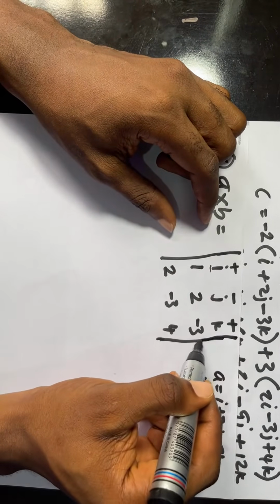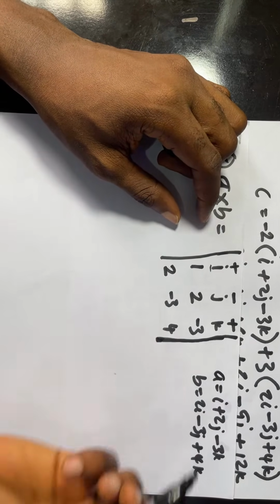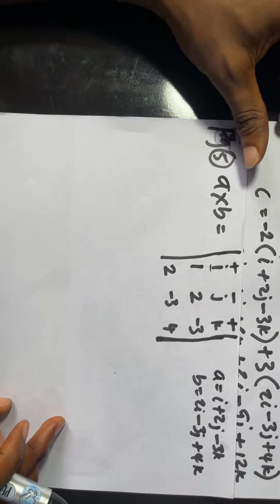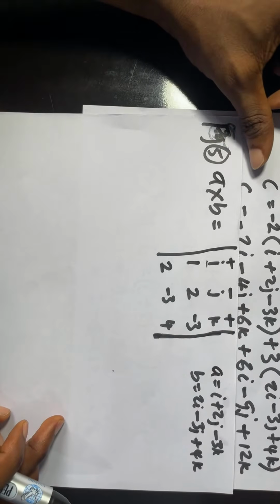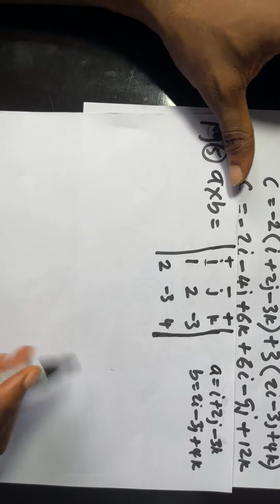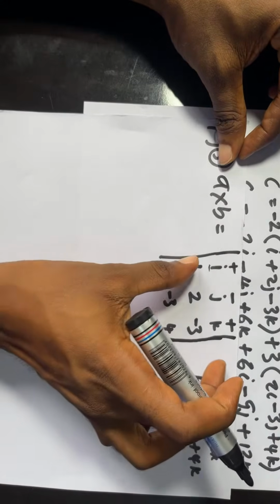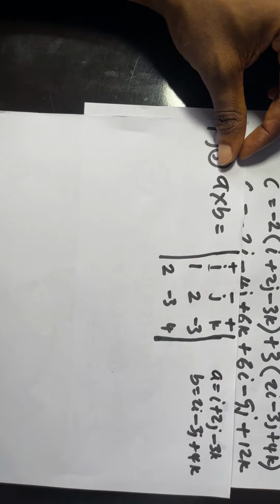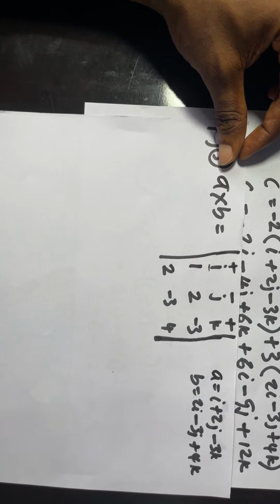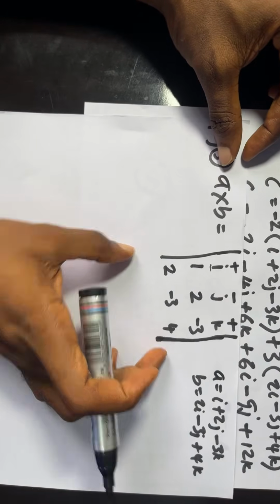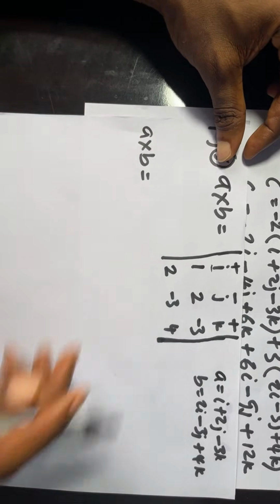Remember, I say be very careful with your sign when it comes to the IJK unit vector. One of the major issues is always the sign. Always the sign. So let's look at how we'll solve this. Now, the first thing you do, you open it up, you break it down. Now, I'm going to do something that will help us understand this in a very simple way. Pay attention. So A cross B is equal to